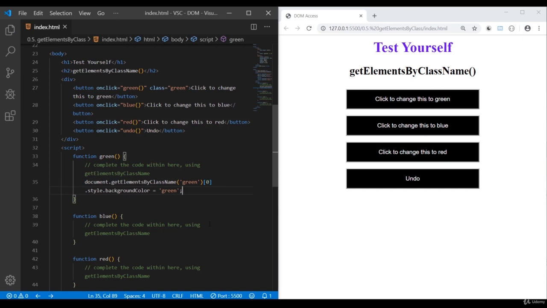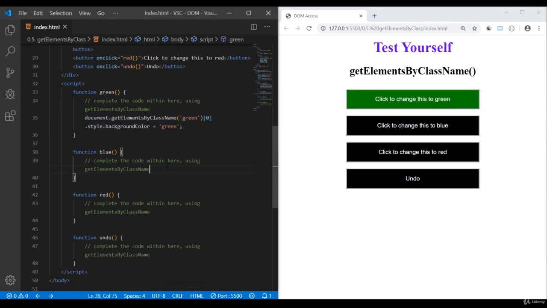Let's test our code. Let's save the file. Let's go to our browser and click this button. Oh yeah. Whoa, how awesome is this? So there you go. We've literally implemented getElementsByClassName. I hope you're as excited as I am. That's very, very cool. So now we can go very quick because all we need to do is copy this